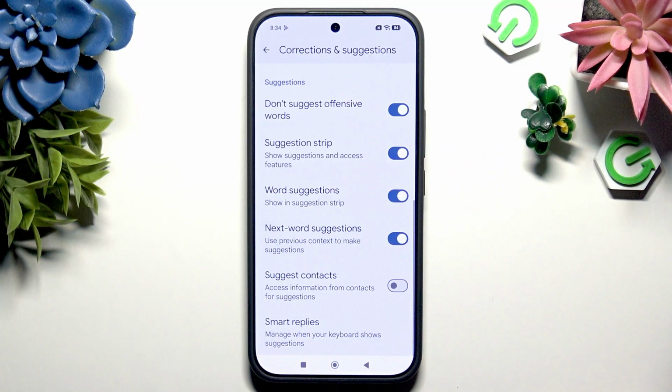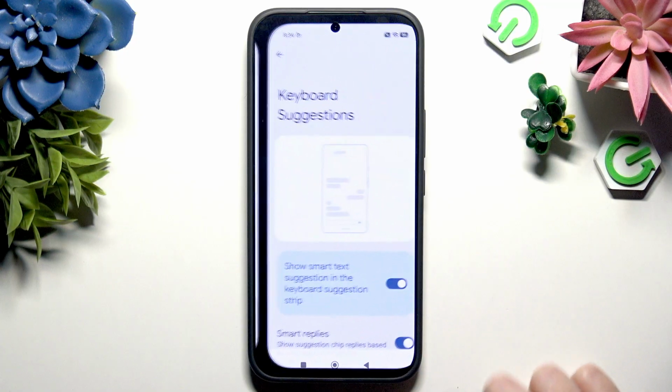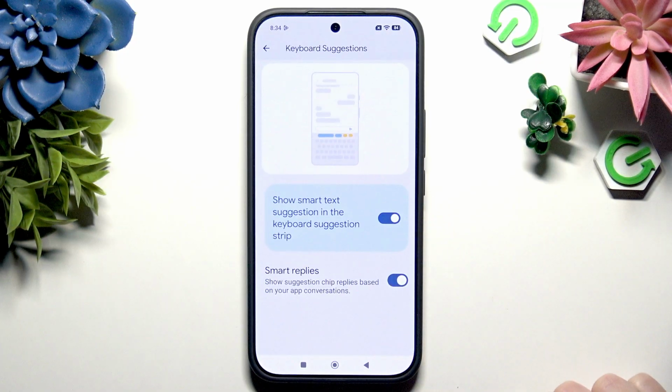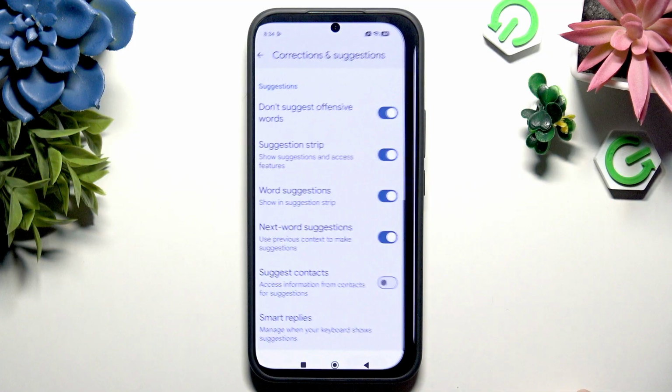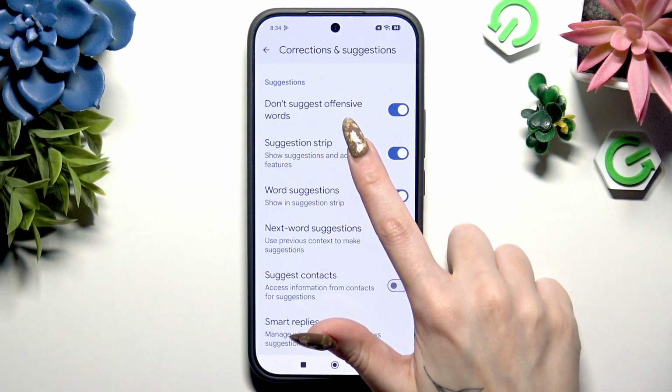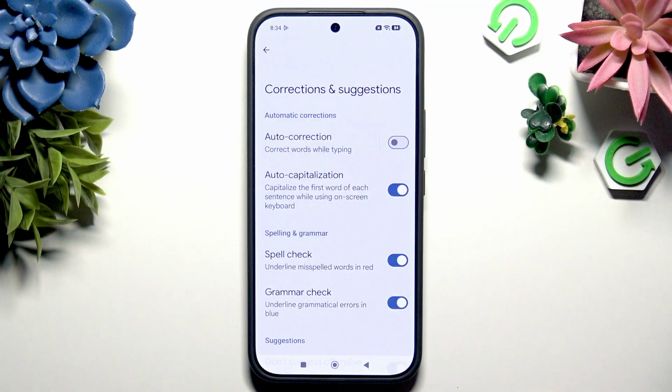thanks to all of those switchers. Last one, which is smartly priced, is the only one you need to click on and adjust it here. Quick tip most people miss, and then when you swipe up, you can click on Autocorrection on the